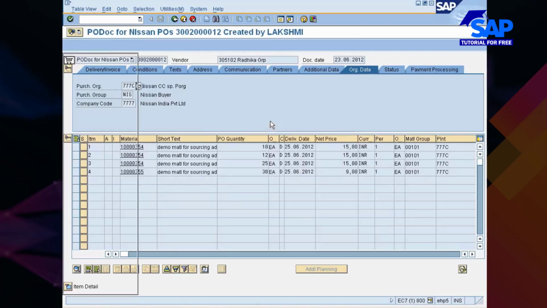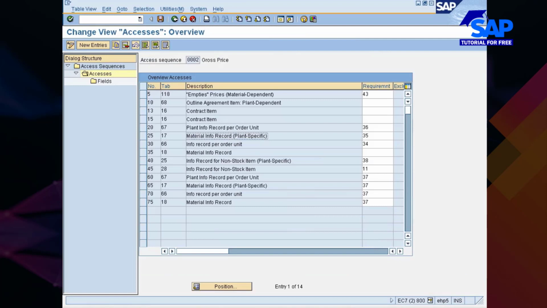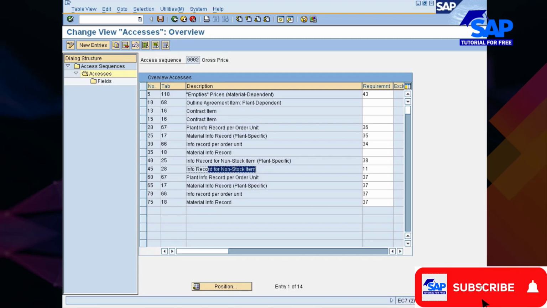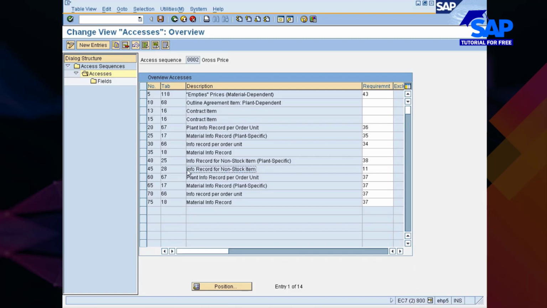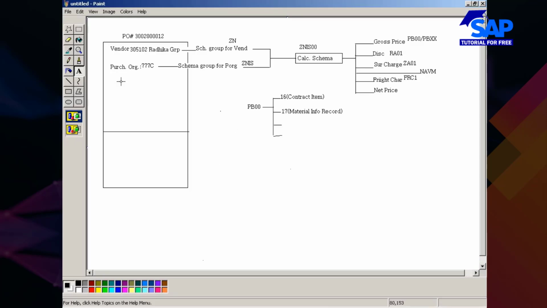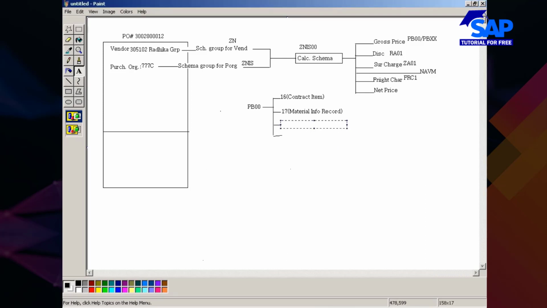Next, simply material info record with no plant specific, and similarly info record non-stock item 28.